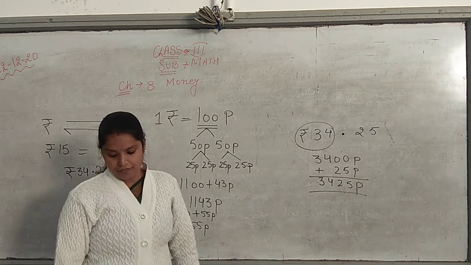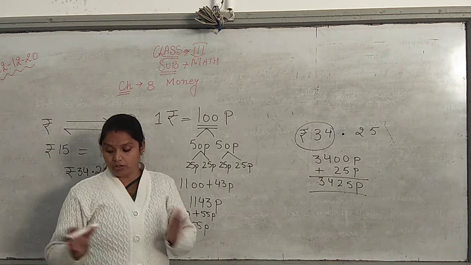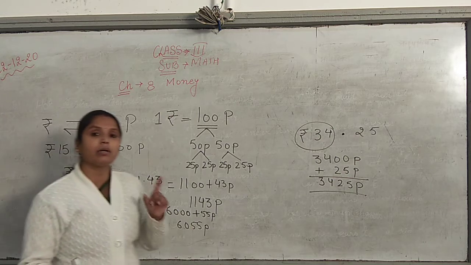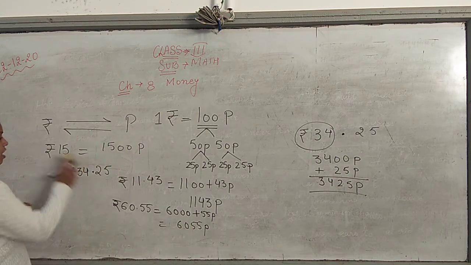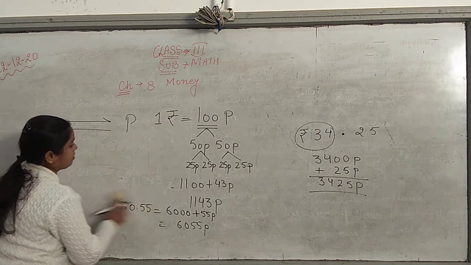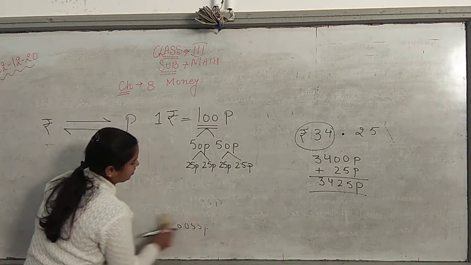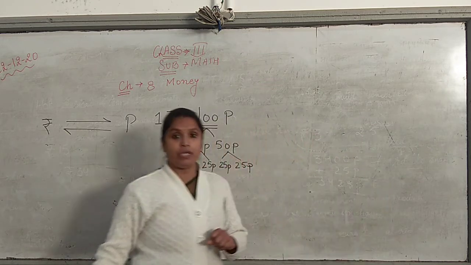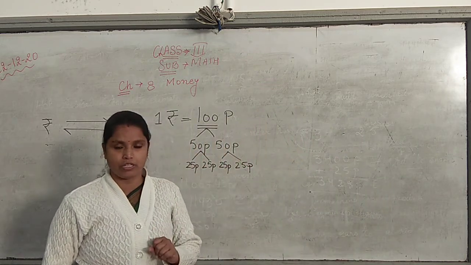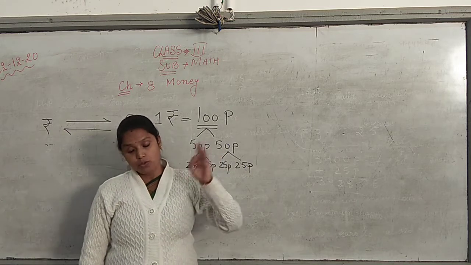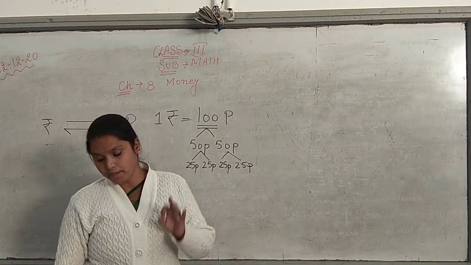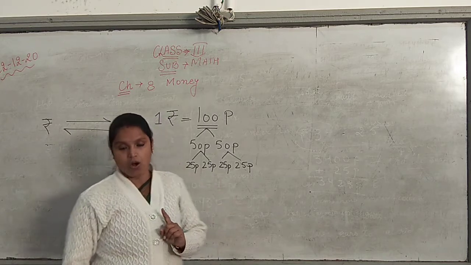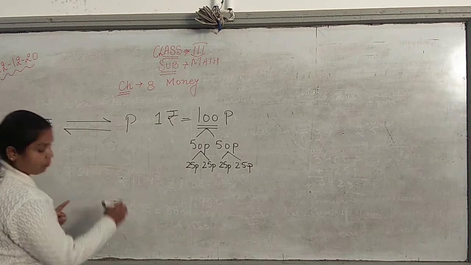Then if I say convert into rupees, now we have learned how to convert into paise. Convert means change. Okay. Now let us convert the paise into rupees. How to convert paise into rupees? Now when we were converting rupees into paise, children, we were removing the point. Correct? Now to convert paise into rupees and paise, put a point after counting two numbers from the right of the given number. What it will be?